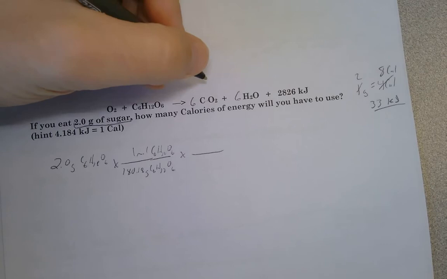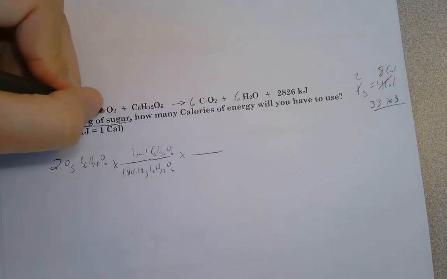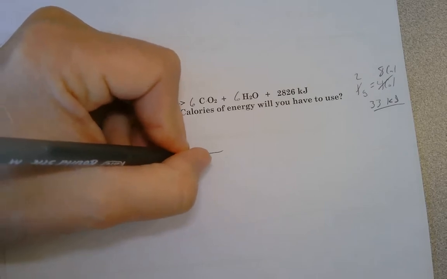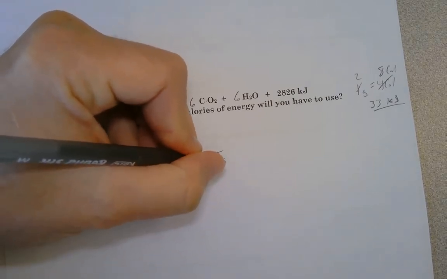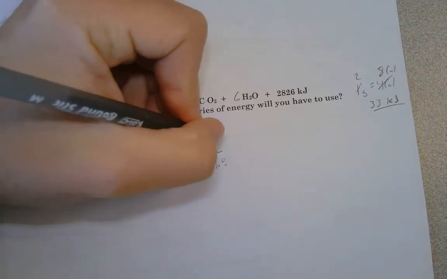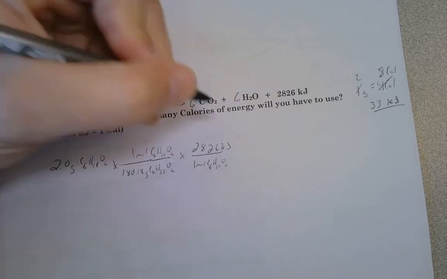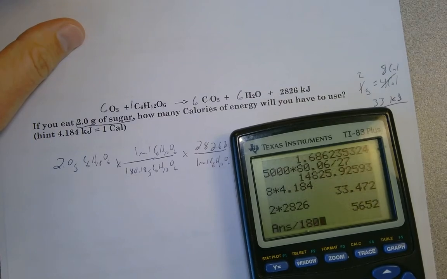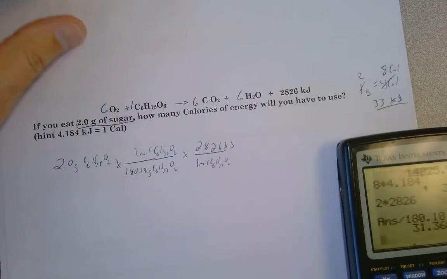We count up the hydrogens, we count up our oxygens. We're going to have to go with 6 over here. So it's 6, 6, 1, 6. So it is 1 mole of sugar, C6H12O6, for every 2,826 kilojoules. So we do 2 times 2826 divided by 180.18, 31